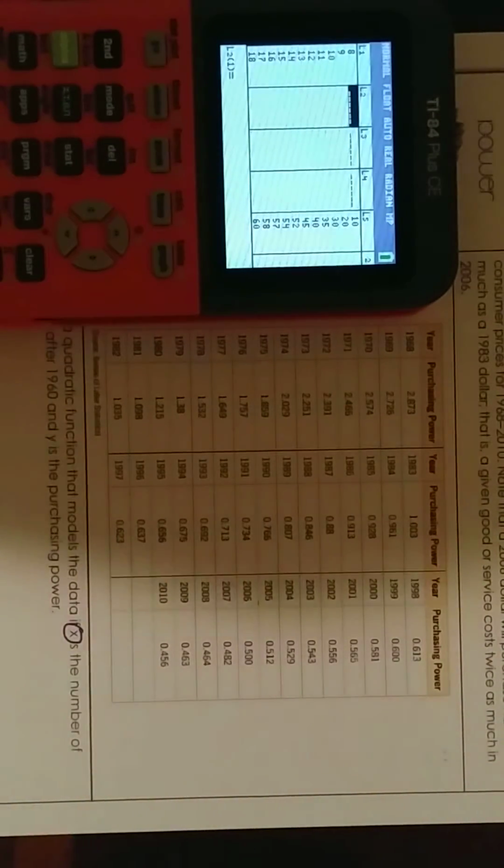Okay. 2.873. This is really tricky. We're going to have